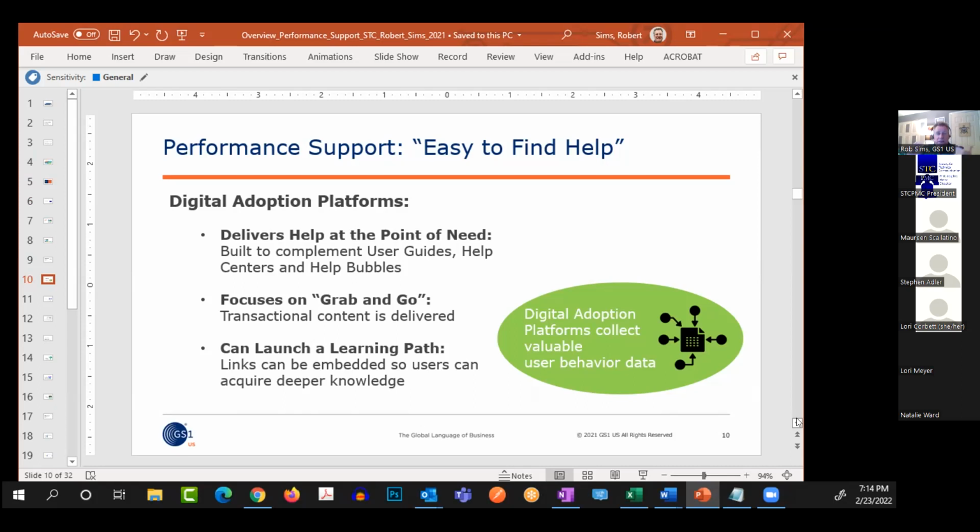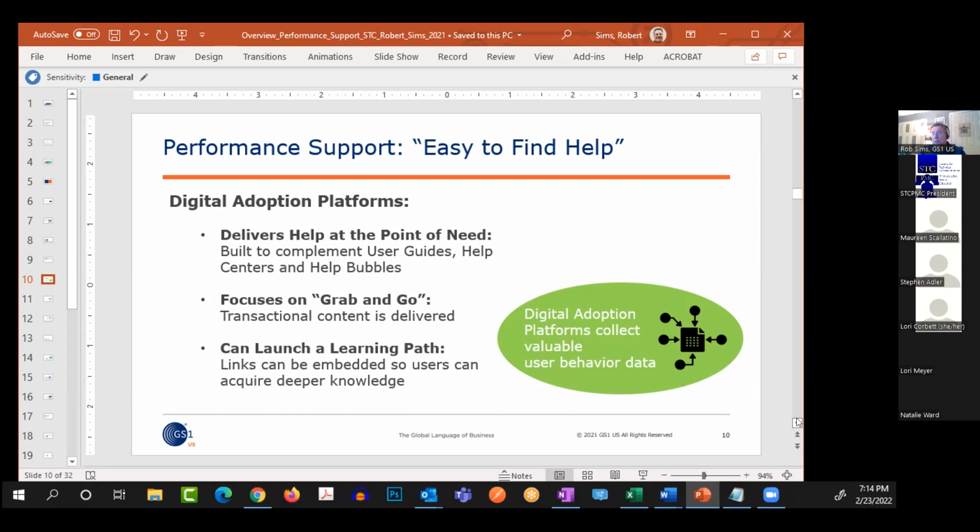You log in, you're in, and when they're working in this system, they have a lot of questions. But what digital adoption does is interact with the user right within the application itself. And it really focuses on my second bullet point there on grab and go. There's a specific question they have. We're not going to give them a user guide. I have user guides. We have 30, 40-page user guides. We're not going to do a linear education. It's going to be an instant answer, and I'll show a couple examples.